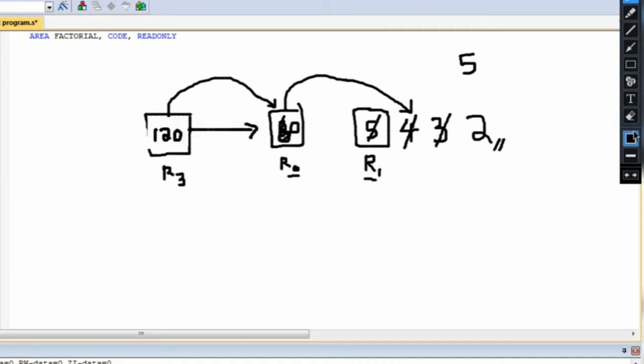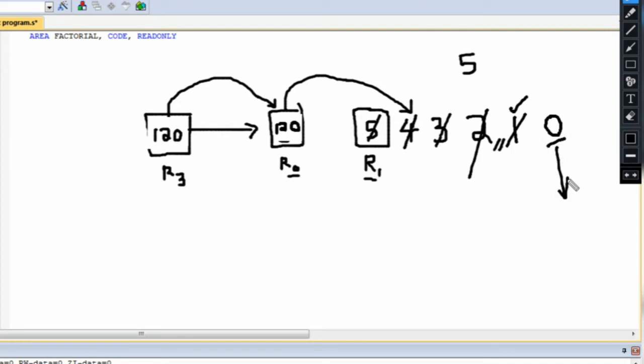So now R0 will have the value 120, and then I will be making 2 as 1, and since it's become 1, 120 into 1 will be the same thing. It will not make any difference here, then 1 will become 0, and when we will compare R1 value with 0, at that time it should end the loop.